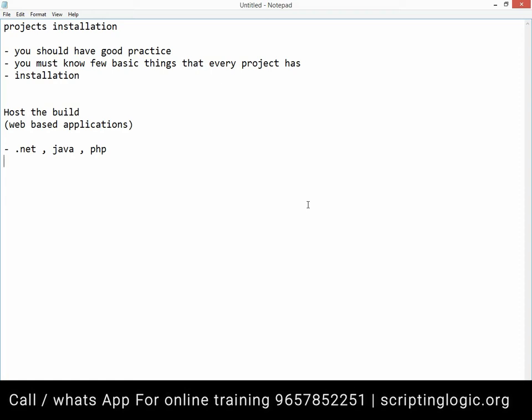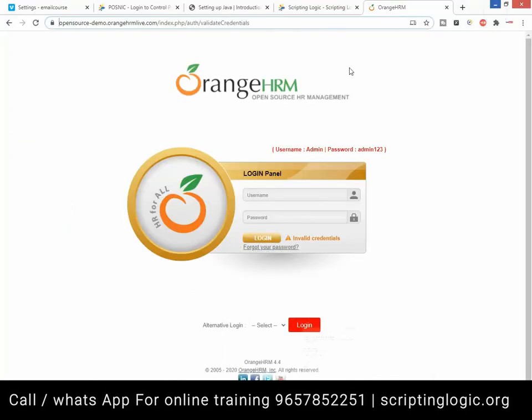So let's start doing that. First, you must have a server with you. The server we are going to install is XAMPP, so you should install XAMPP on your machine. Generally, we all have Windows on our machines, so we will install XAMPP on our system. I have already installed it, so I'll just give you the link or show how to find XAMPP.